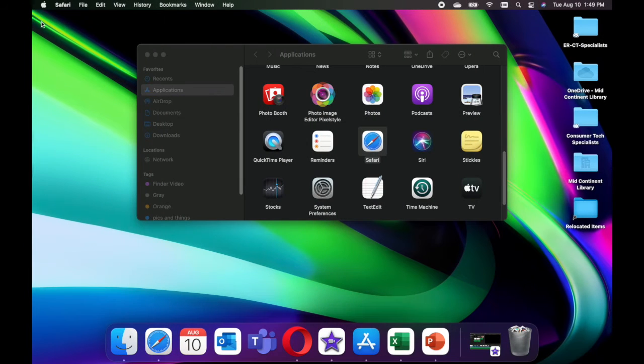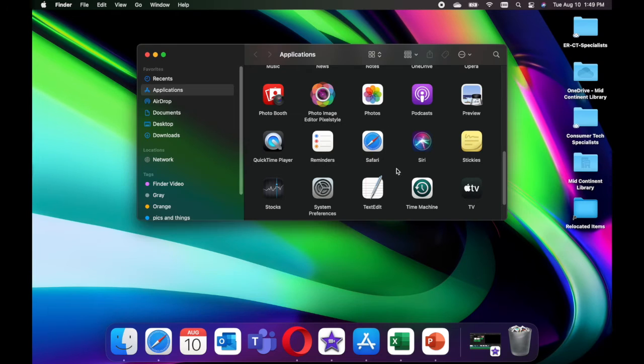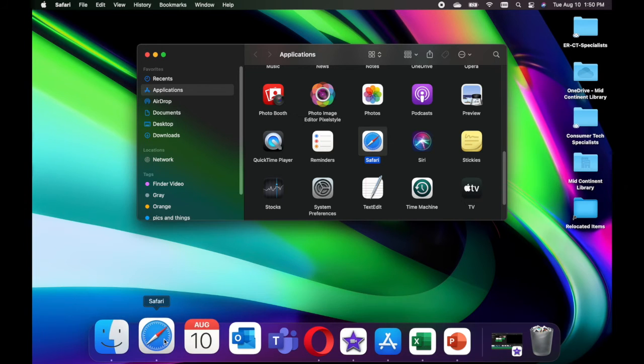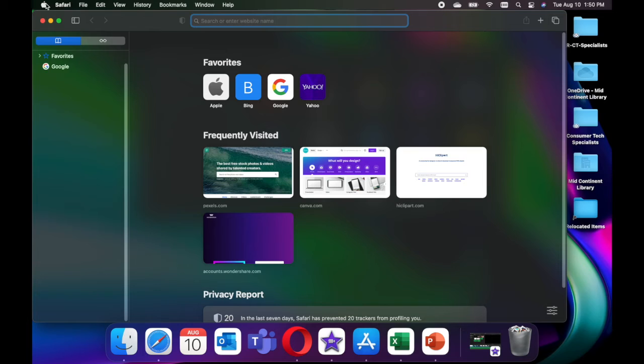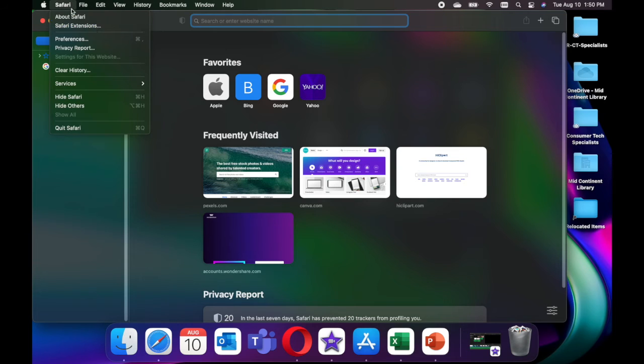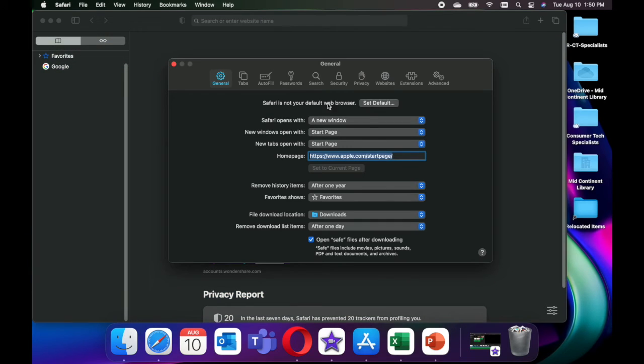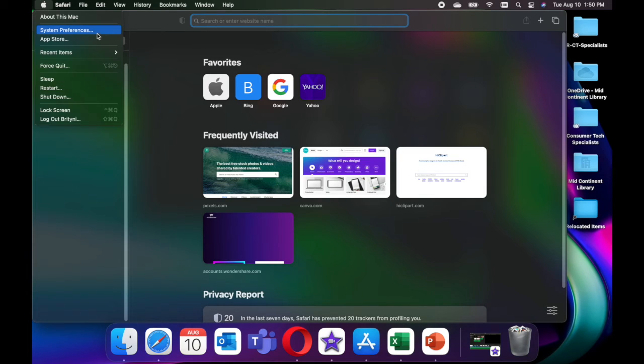Now, if you wanted to set Safari as your default browser, so anytime you open a link, either from your email or from a file you've been given access to, you can do that in Safari if you want, since I still have it open. So remember, we went to Safari and then Preferences, and then there's a Set as Default button. Or if you're already playing around in your system preferences,